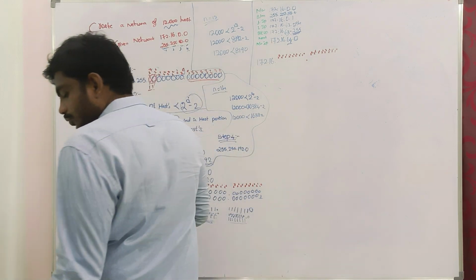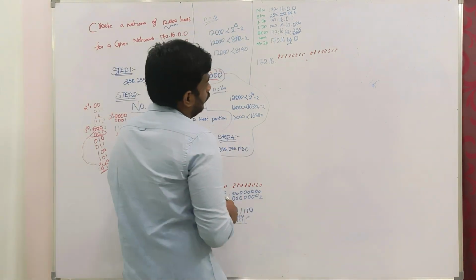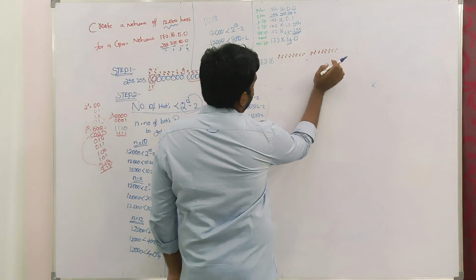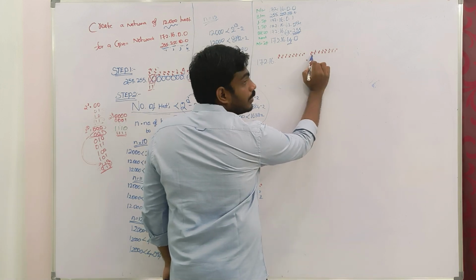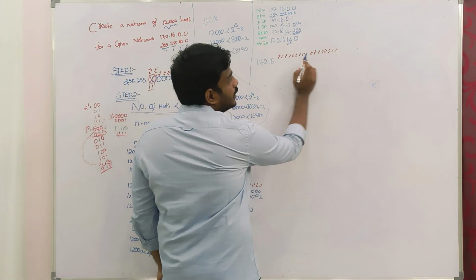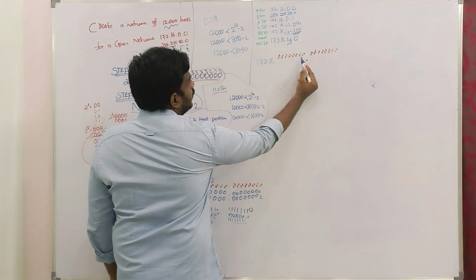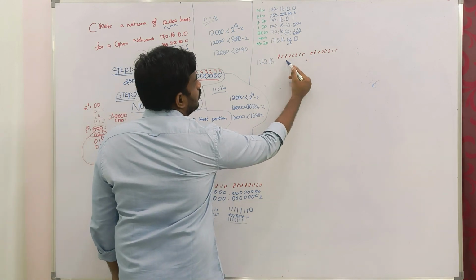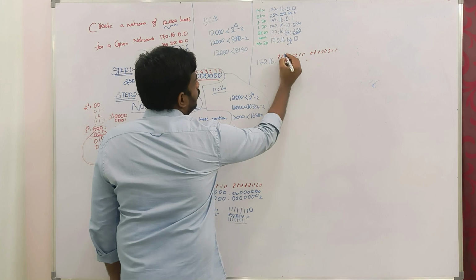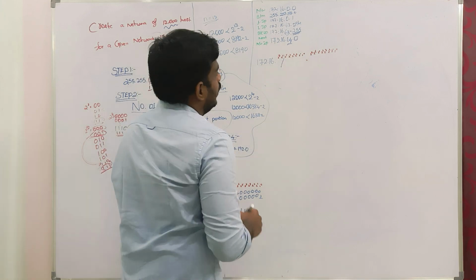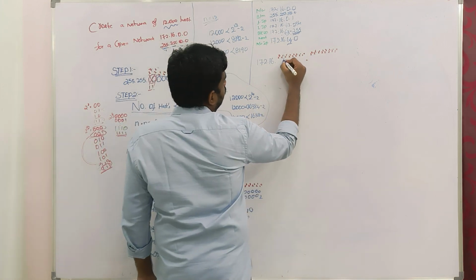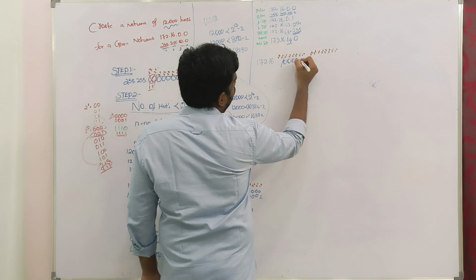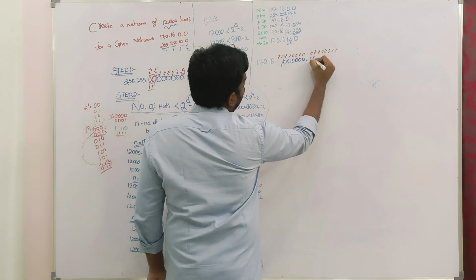We all know 14 bits of binary are allocated for the host portion. Up to the fourth octet we know it is 8 bits. Then start with the third octet: 9, 10, 11, 12, 13, 14. So write 14 here and make the host portion start with 0, 0, 0, 0, 0, 0, 0, 0,